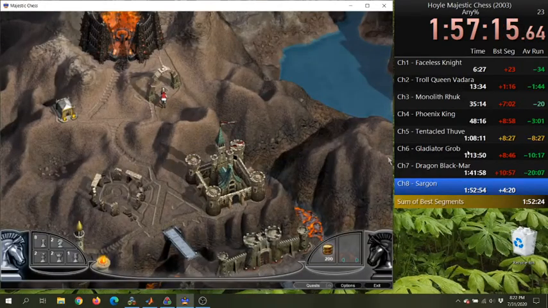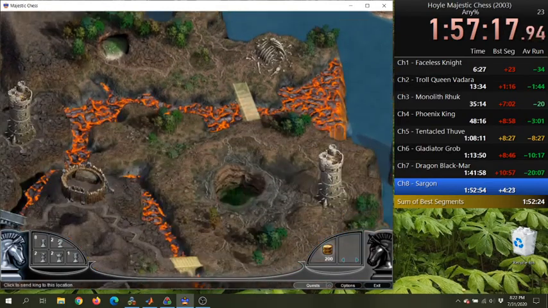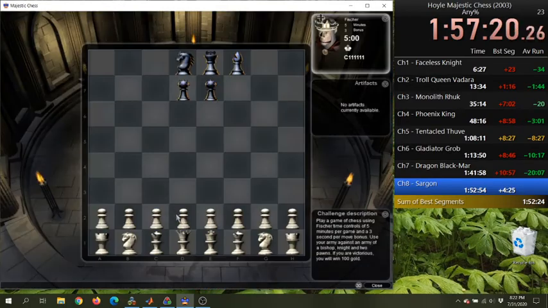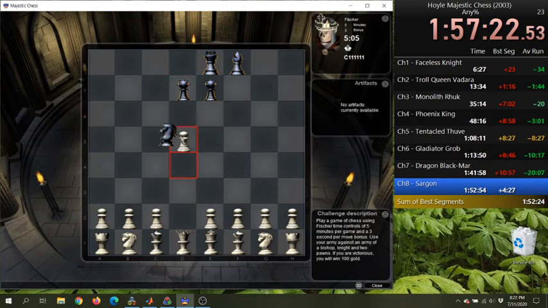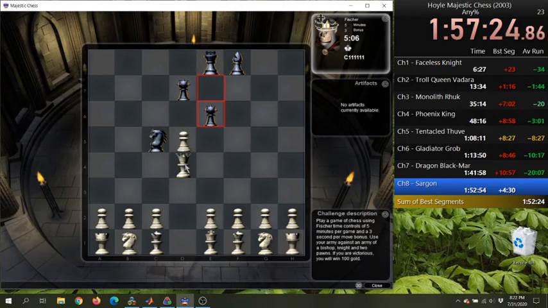Bishop was pinned there. Alright, and now that we have a full army, we need to get gold, so I usually go back and do these. Do we really need it? No. If I was good at chess, could I do it? Yeah.